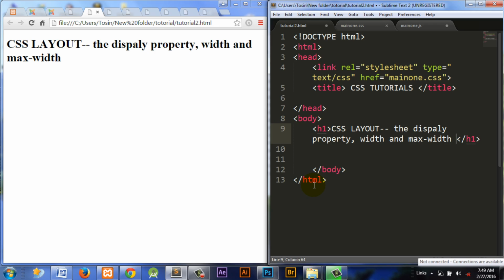Well, the first thing I would like us to talk about is the display property. I won't misspell this. Then we talk about the width and the maximum width. When I talk about display, it is the most important thing in CSS layout. The reason is this: by default, some elements have their display set to either block or